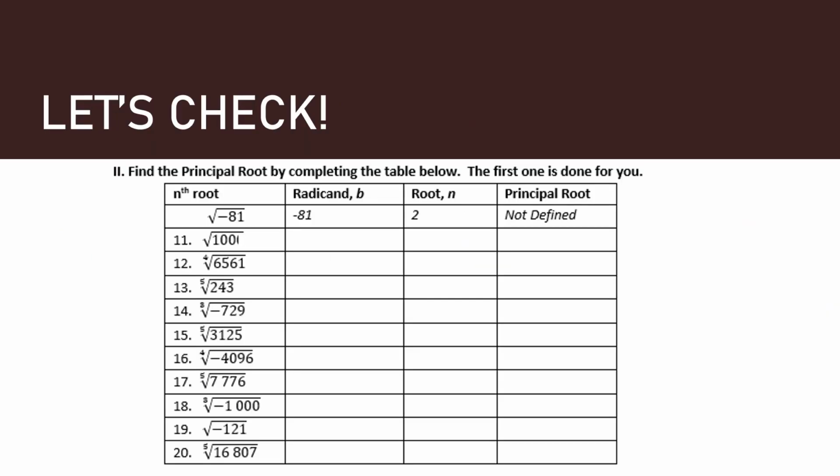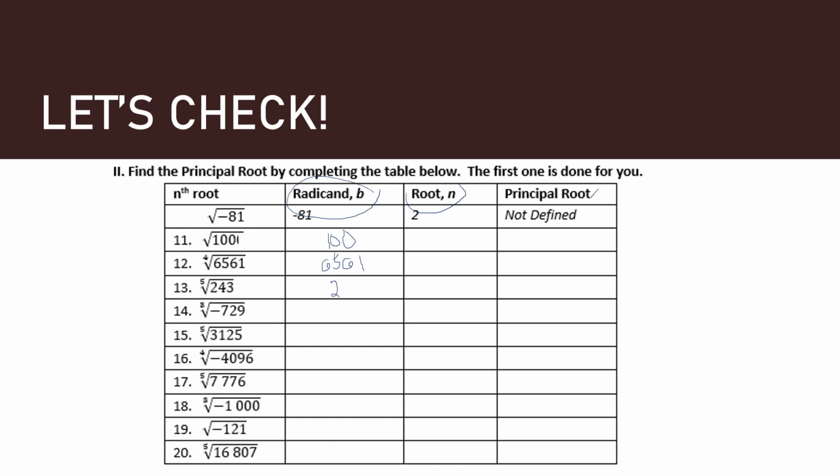All right. So to check your understanding of our lesson, let us try to answer this activity. In the first column, we are going to identify the radicand. Second column, the root, and then the principal root. Okay, first we have the radicand 100,